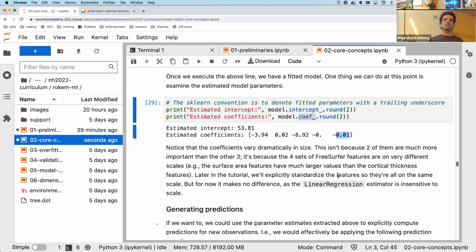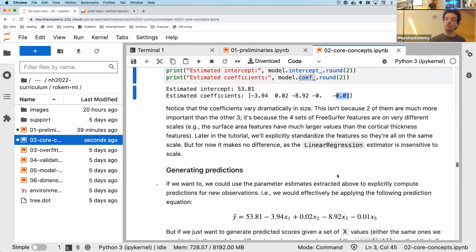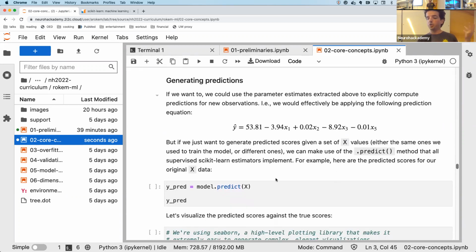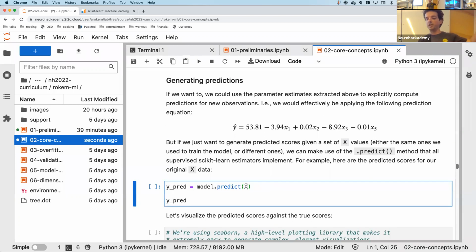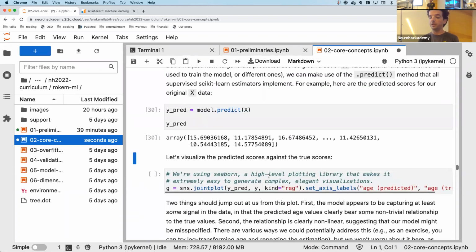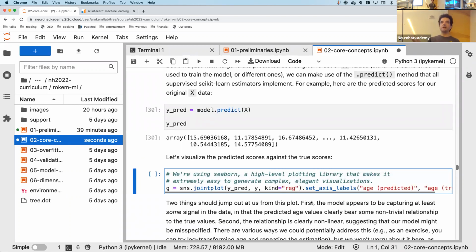How we're going to handle this, what we're going to focus on once we've done this, is to generate predictions out of it. Which is a little different from standard statistics. So here we're generating predictions: we take our X and we create a Y hat, a Y predicted. And then we can do something that's not commonly done in standard statistics, which is to take